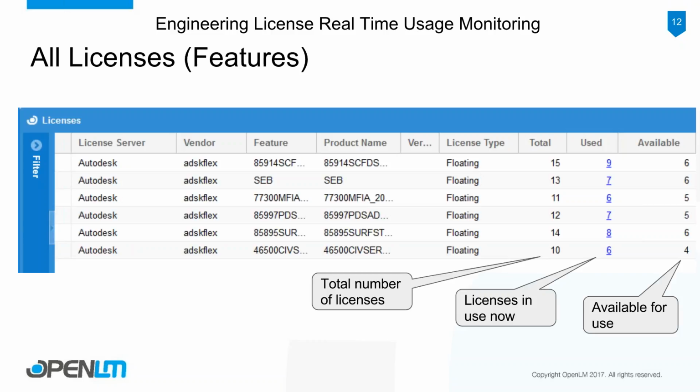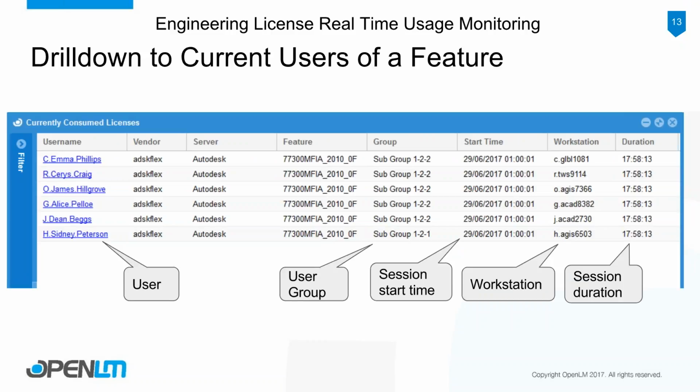We can drill down and look at all the current sessions. So let's click at the last line displayed here that has 6 current users. Once we click that, it drills down to the used column. You can see in the used column the currently consumed licenses